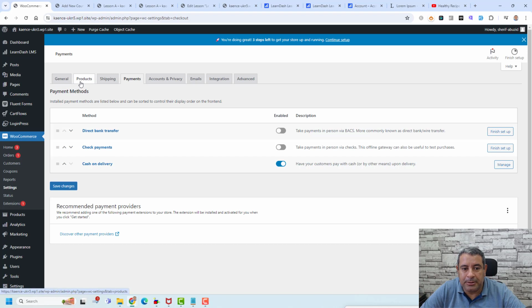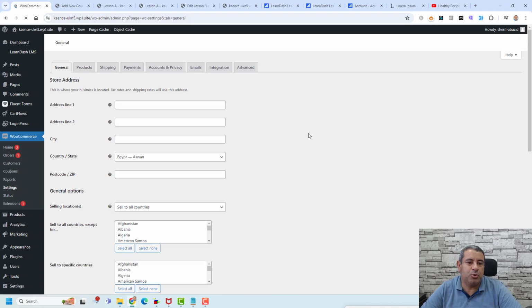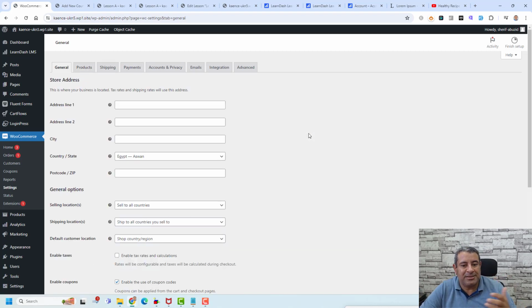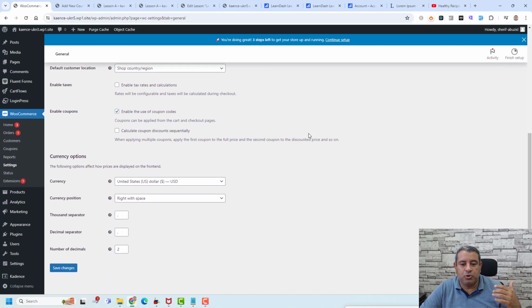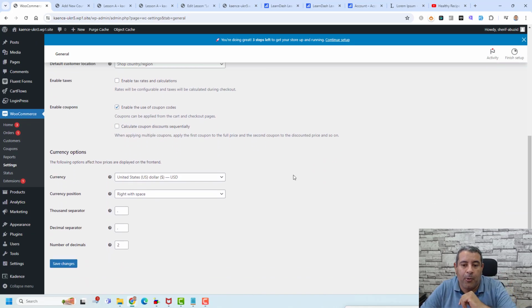Under the general tab, there are some options here you need to be aware of. For example, you need to add your address line. You can also choose your currency and other options. Now, once you have WooCommerce installed, and once you activate the WooCommerce for LearnDash add-on, now